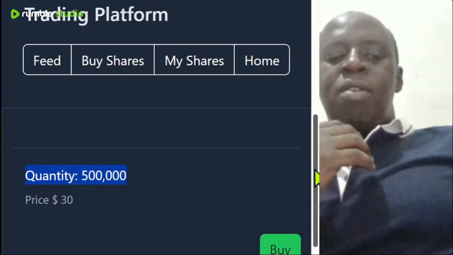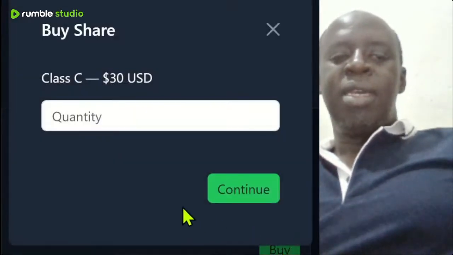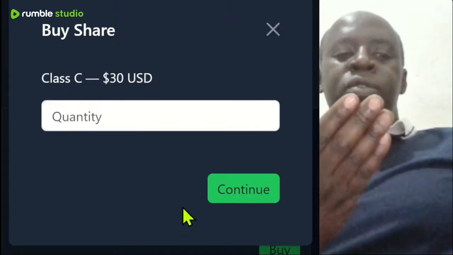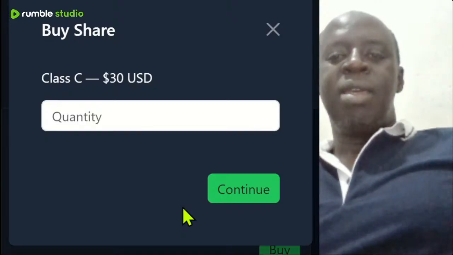So when you select buy, when you click on buy, they are going to require you to put the number of shares that you want to buy. If you want